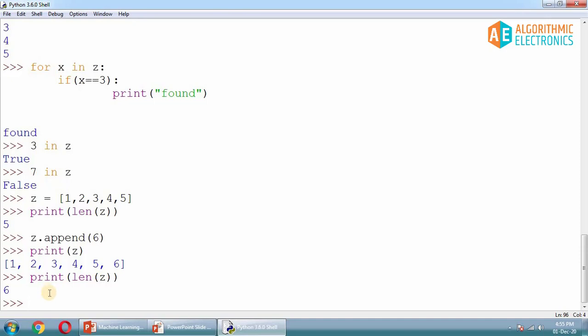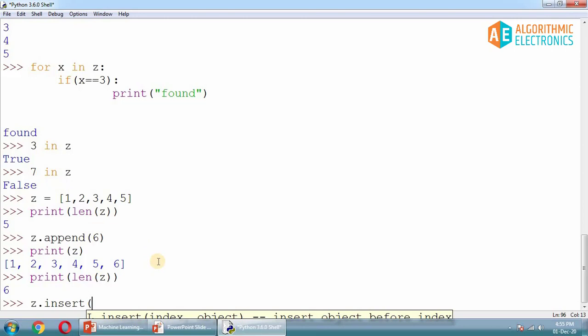Yes, it is possible, but in that case you have to use the insert method instead of the append method. If you write z dot insert, then you have to specify the index. For example, I have to add at the second index. Now what is the second index? This is index 0, this is index 1, and this will be index 2.